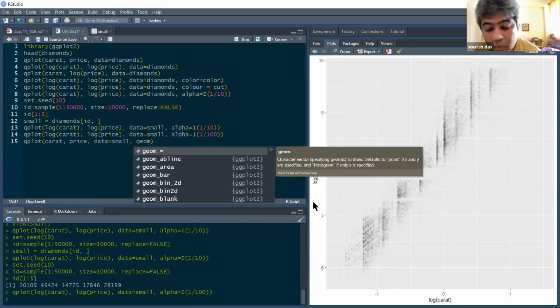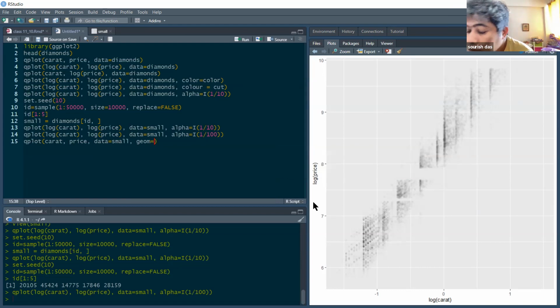Geom equal to c(), and I will give you two options. First option, quote unquote point, comma, and second option will be quote unquote smooth, SMOOTH.